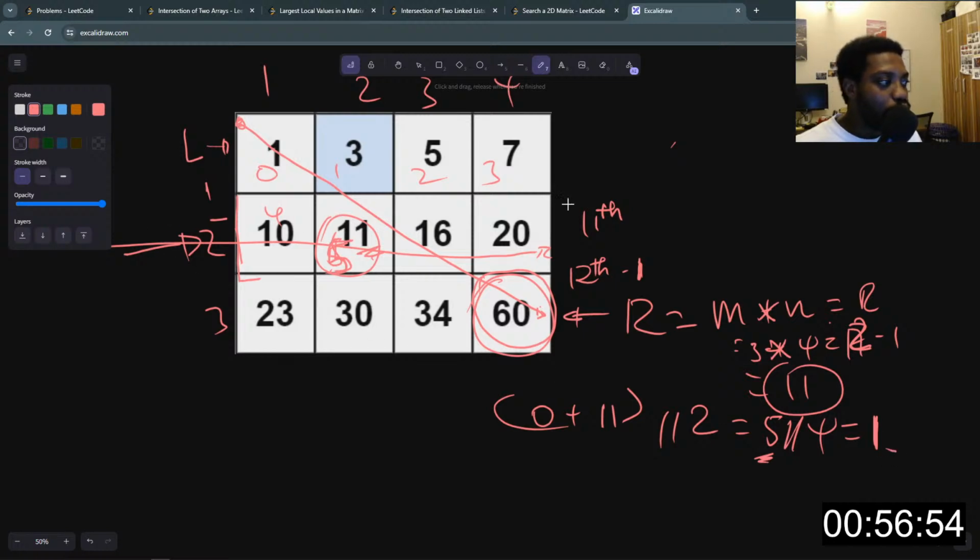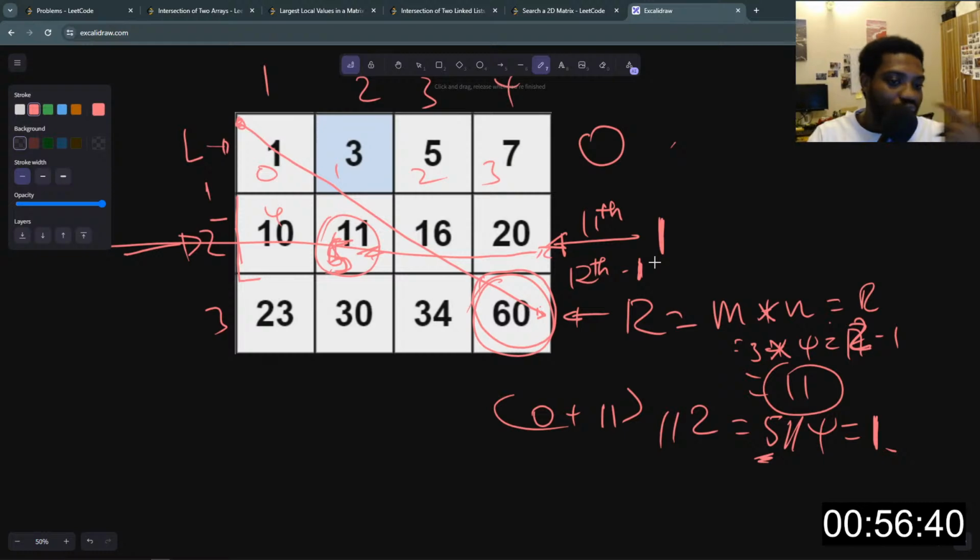And then we will know the row we are looking at currently will be at this position here, which is 1. The first row is at index 0, the second row will be at index 1. So this is how we will get the rows and the columns for us to perform the binary search